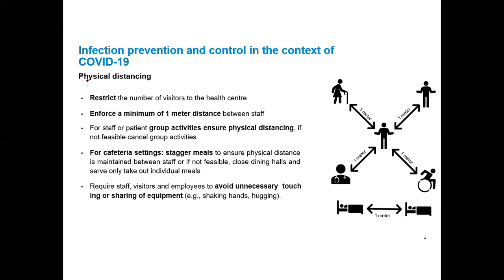طيب, first of all, we have to consider to avoid or to break down ال chain 6 chains اللي اتكلمنا عنها من شوية. We have to consider the physical distance to avoid droplets and airborne particles. Physical distancing can be done by applying the following procedures. Restrict the number of visitors to the healthcare center. Enforce a minimum 1 meter distance between staff. وده طبعا الكلام اللي بنطبقه برضه يعني خارج المستشفى او في التجمعات العامه في الاسواق الى اخره.